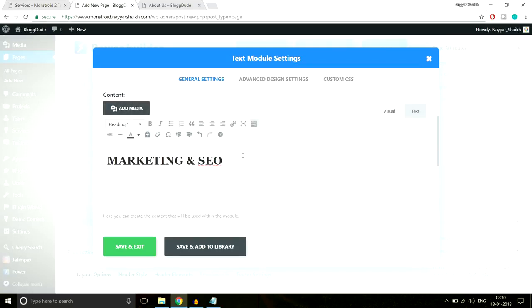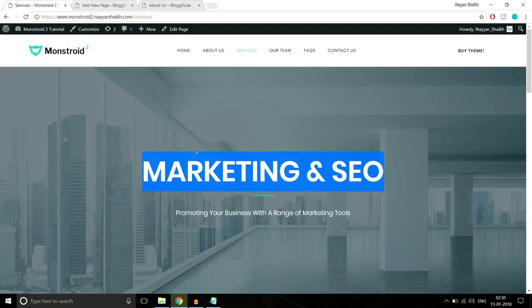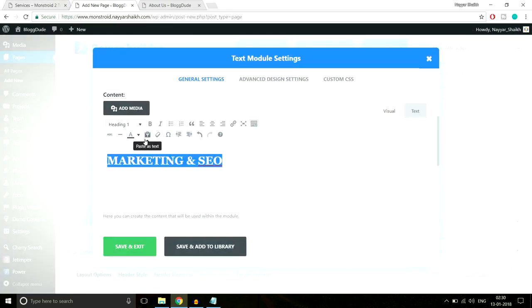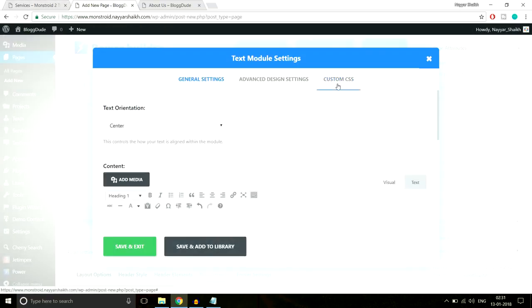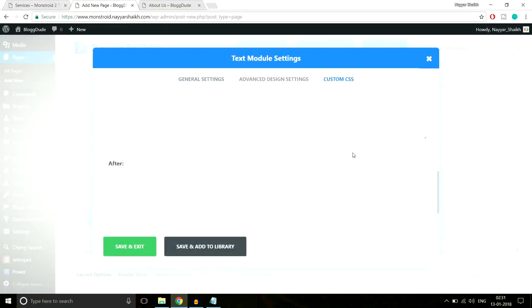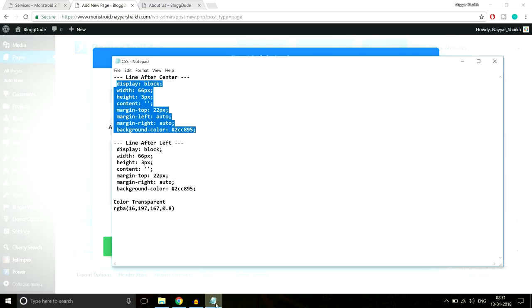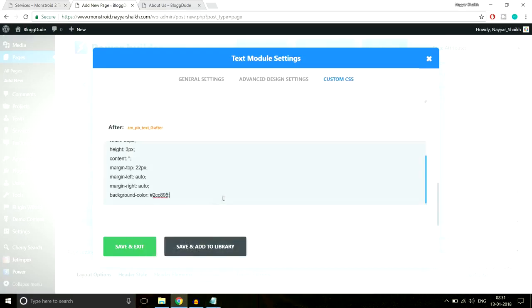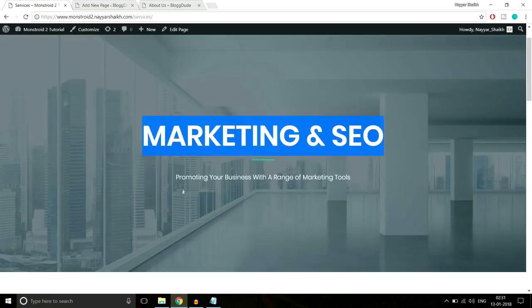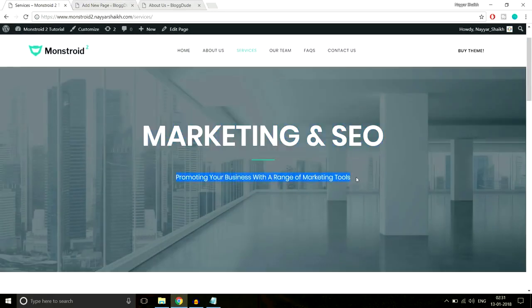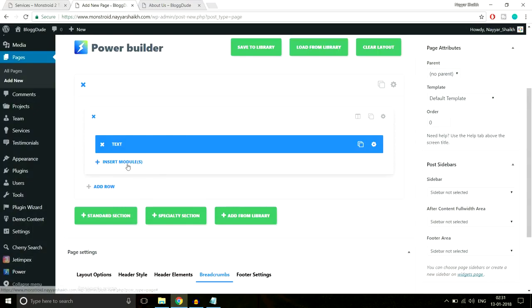This is heading 1, by the way. Okay, so this is the biggest text available, heading 1. So make sure you select heading 1 and change the color of this text to white. And after that we have this divider. So go to custom CSS, scroll at the bottom, copy this code from here, paste it over here, click on save and exit. And after that we have some more text, so copy it from here,